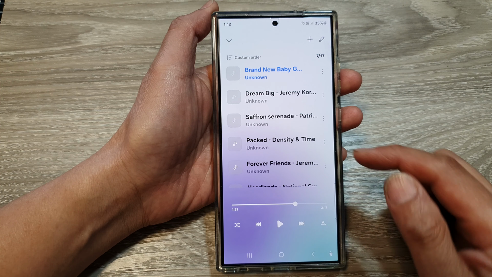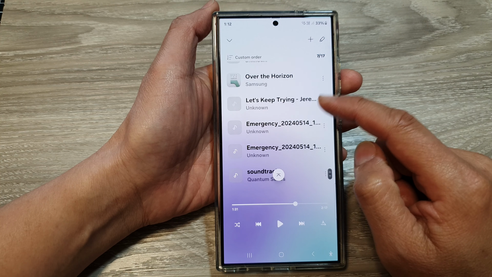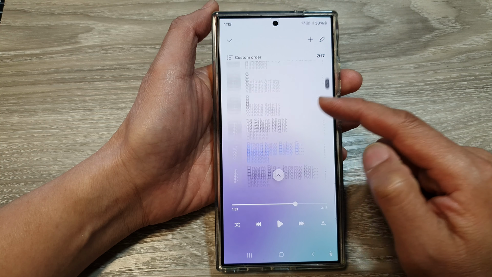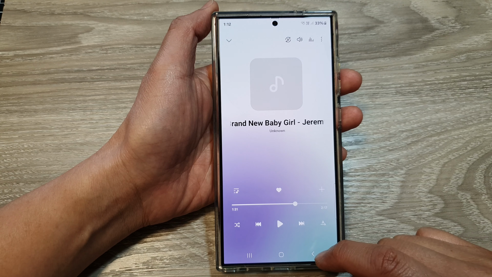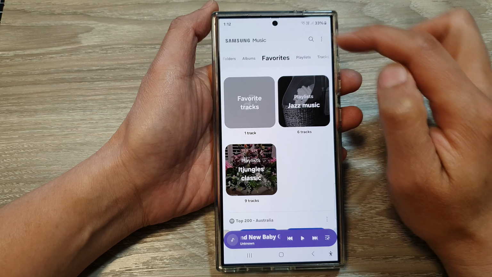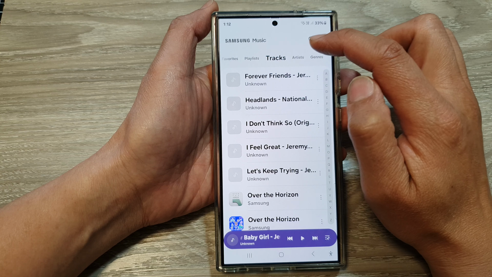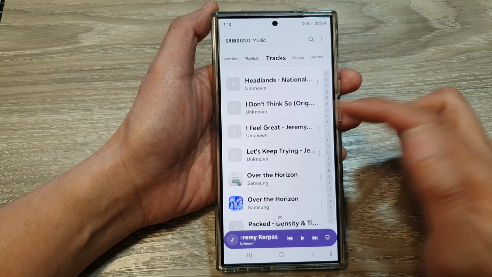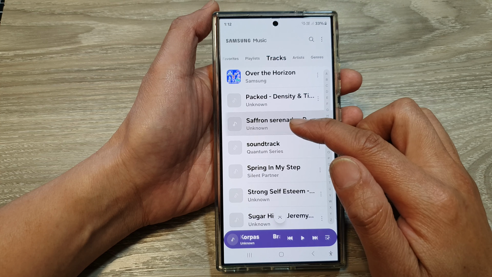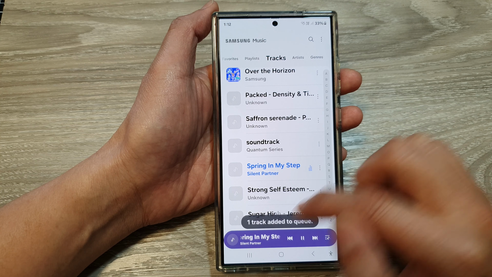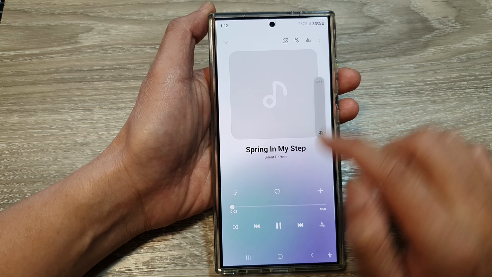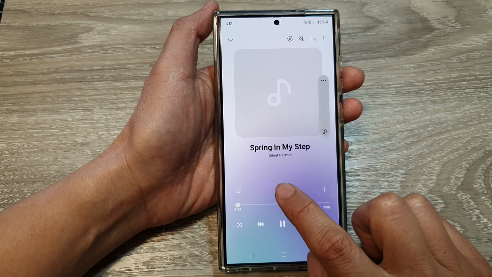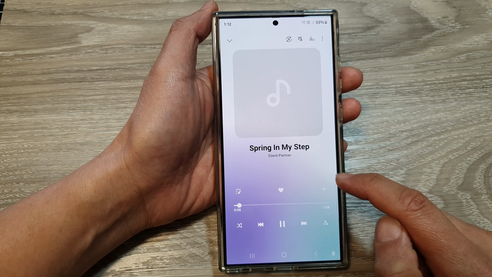And in the music player, you can open up your music queue and then select a song that you want to favorite. Or you can simply, from your Samsung Music homepage, open up a track. So if we go to tracks and then open up a track, let's open up this one right here. And then in here, while it is playing, you can tap on the favorite button and that will favorite a